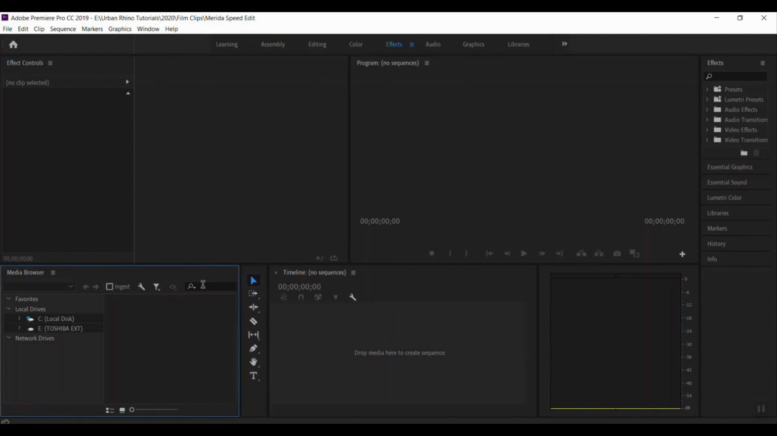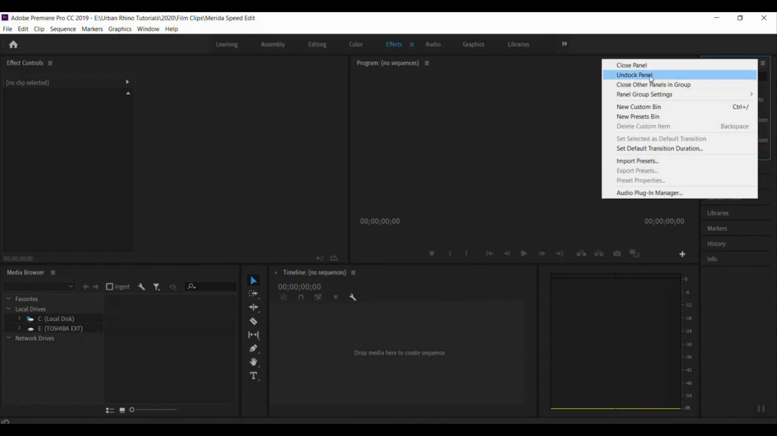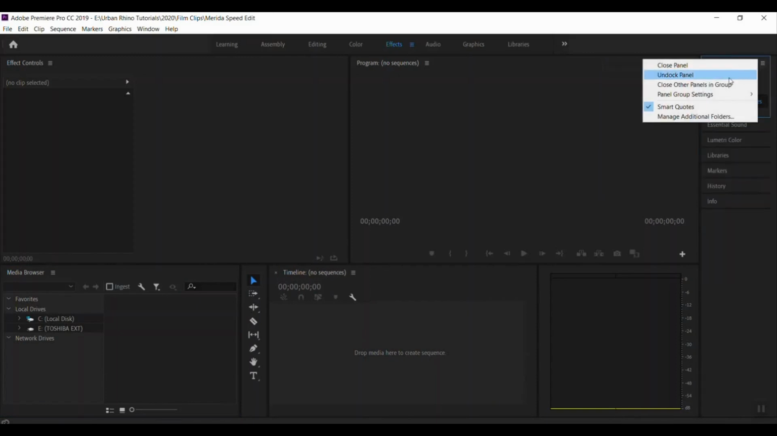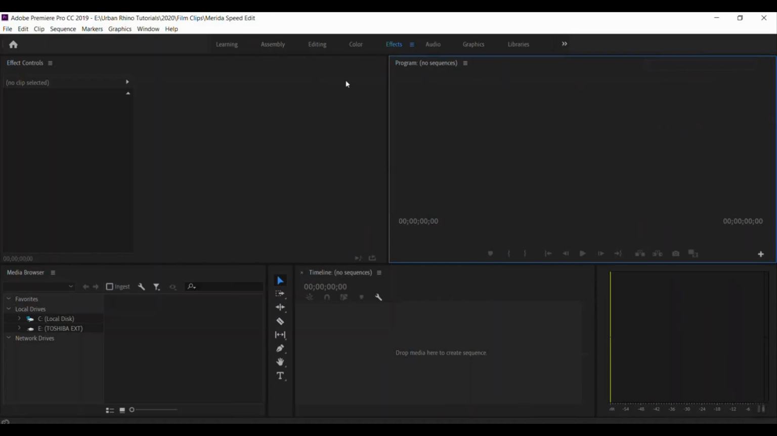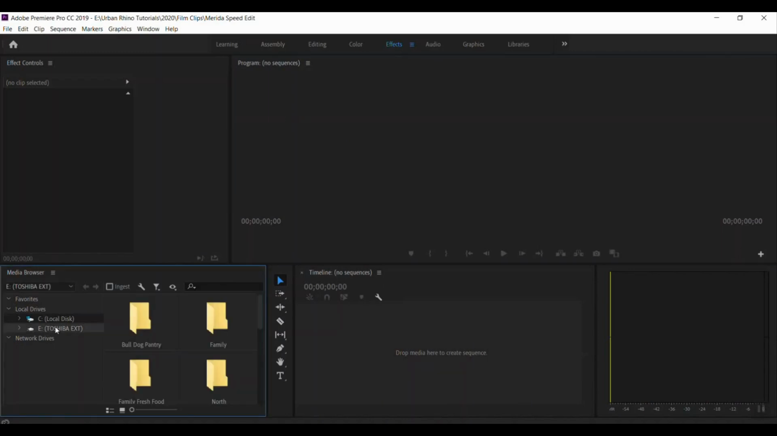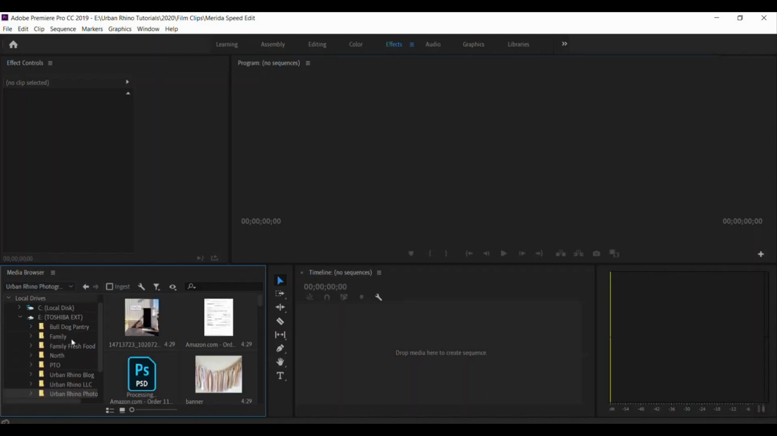So usually once I'm done with one of the windows, I'll close it out so it gets out of the way. Like, I don't need this, so I'm going to close this panel here. I'm going to close other panels. There, so that's gone. Okay, so I'm going to find over here, I'm going to click on the source, like where my files are saved, which is on this external hard drive that I use. I'm going to go down to where I have saved my film clips,